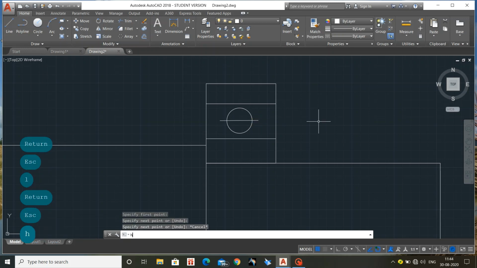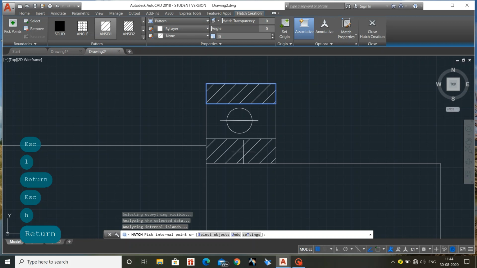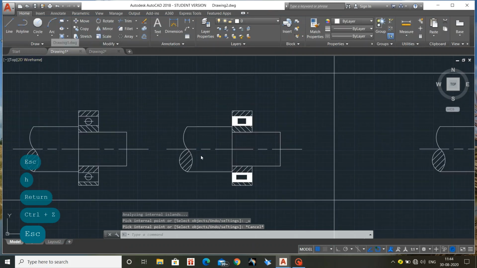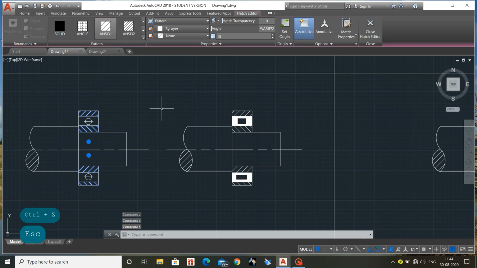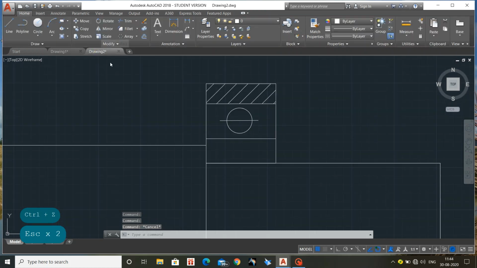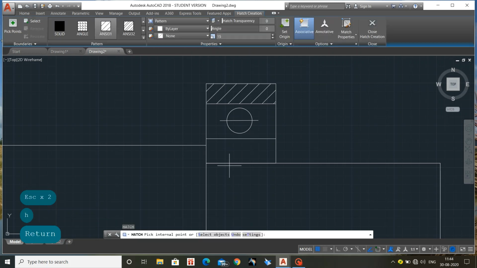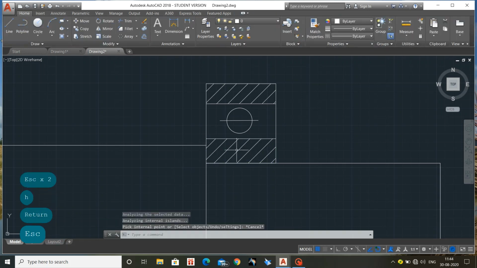So I will hatch it. See in the diagram, this hatch will be in one direction and this hatch will be in the another direction. So I'll show you how to change this. So I have done one hatching, and again here, I'm hatching here. So we need to change the direction of this hatch. So select this hatch.